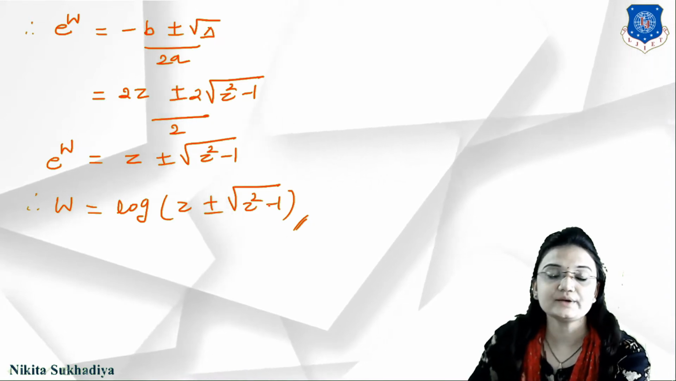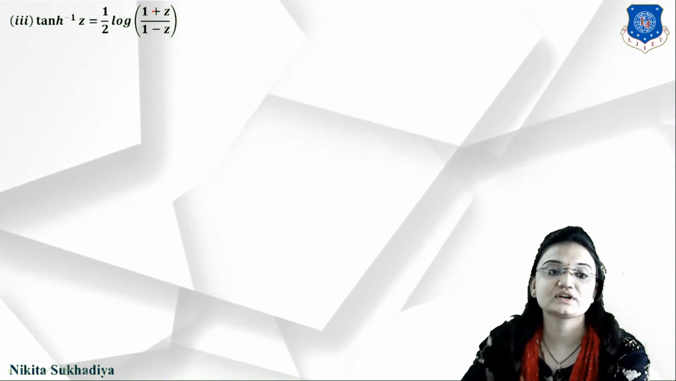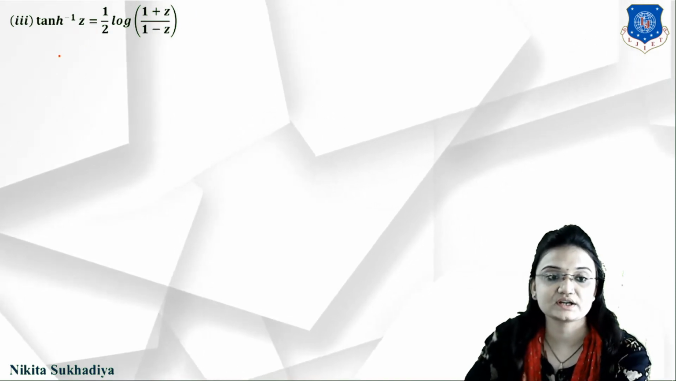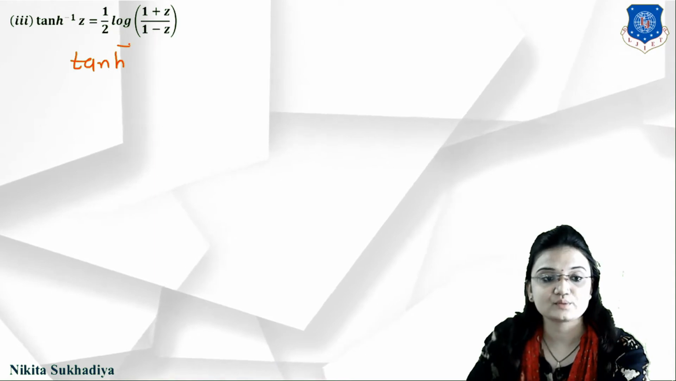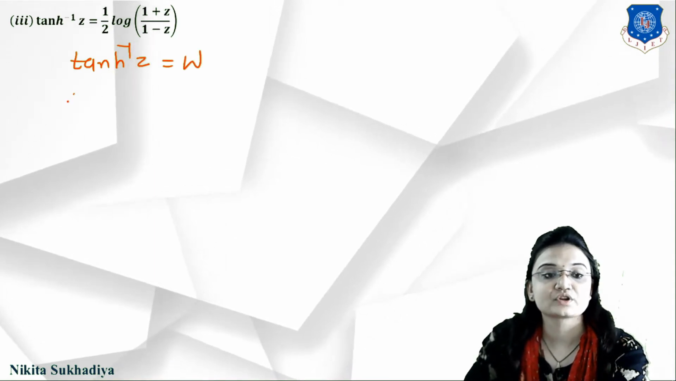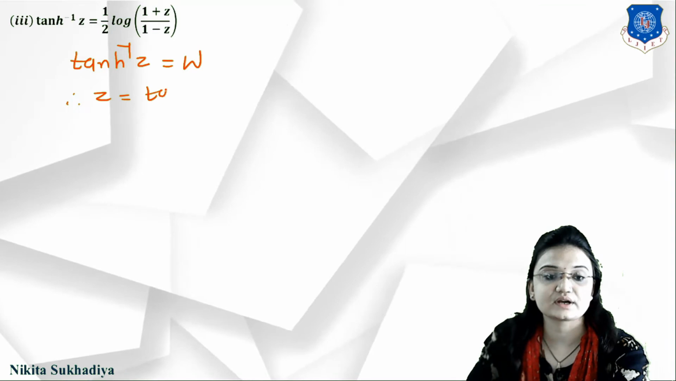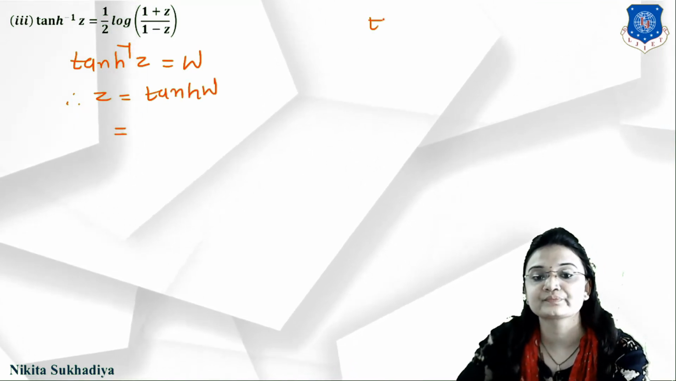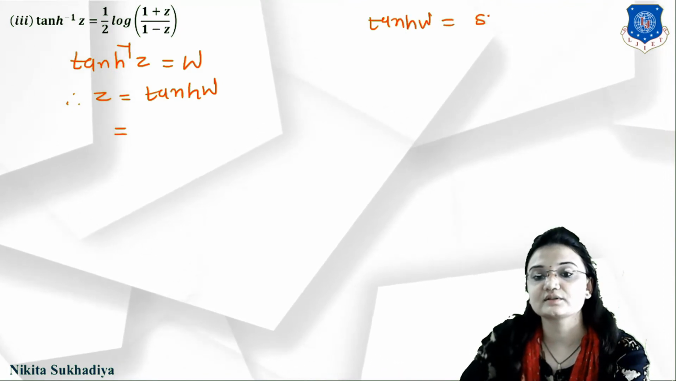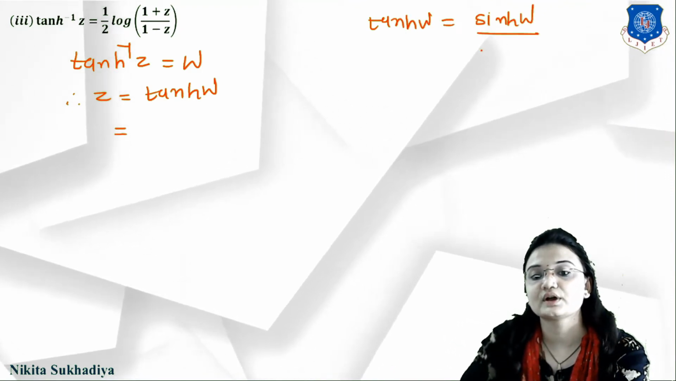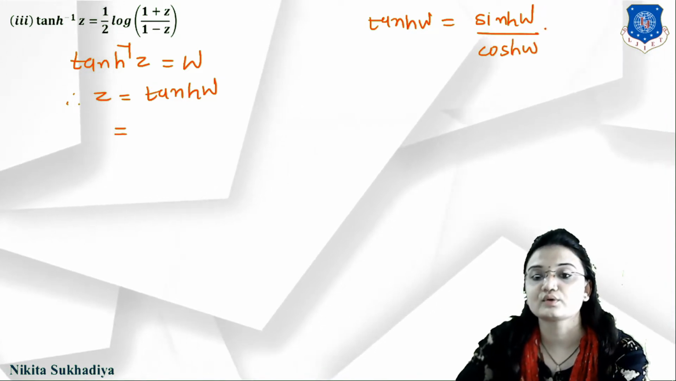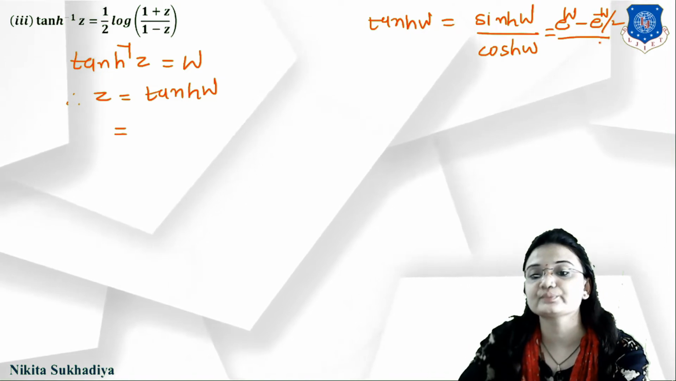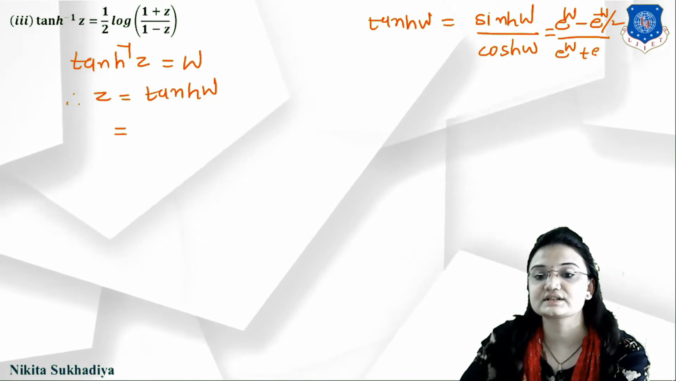Okay, now next is tan hyperbolic inverse z is equal to 1 by 2 logarithm of 1 plus z upon 1 minus z. So again here take tan hyperbolic inverse z is equal to w. So this will become z is equal to tan hyperbolic of w, and tan hyperbolic of w is nothing but sine hyperbolic of w divided by cos hyperbolic of w, and this is e raised to w minus e raised to minus w divided by 2, and this one is e raised to w plus e raised to minus w